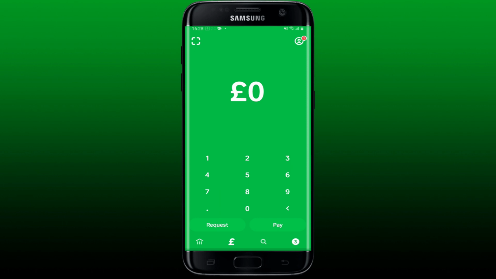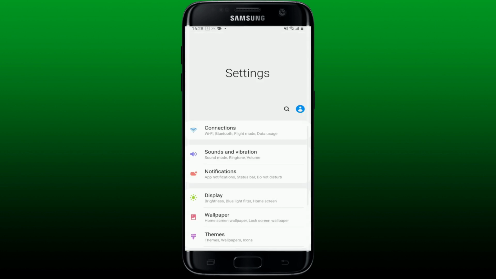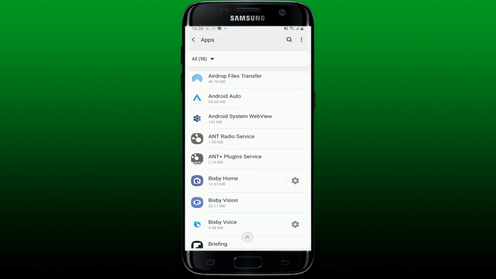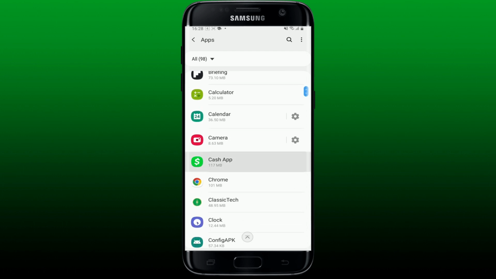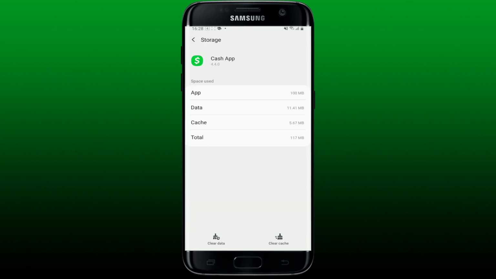If the problem still persists, you should go and tap Open Settings from your Android phone. From the Settings menu, scroll down and tap Apps. Look for CashApp from the list and give it a tap. Now, in the App Info page, tap on Storage. Click on the Clear Cache button at the bottom right, and this will clear out cache data from your CashApp